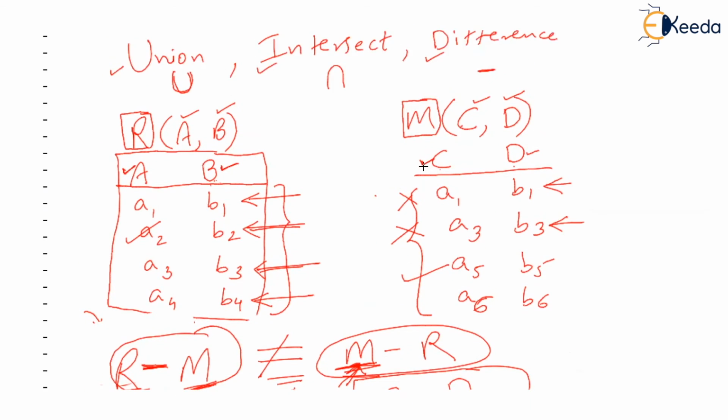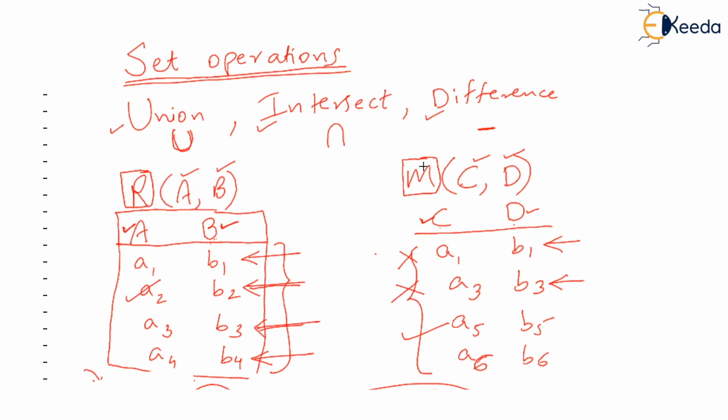Now the application of these set operations will be seen when we learn complex examples. But this video was just to tell you what is union compatibility of the two tables and how to use these operations on the two tables. Later on, you will see that we will apply these operators in our complex examples. But I hope you have understood the basic set operations. Thank you very much.